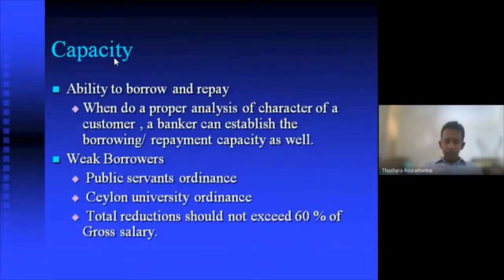But when it comes to the 5Cs, we try to understand it under one point, where cash flow and capacity are together. So when you say capacity, what we are trying to understand here, in addition to what I have mentioned,